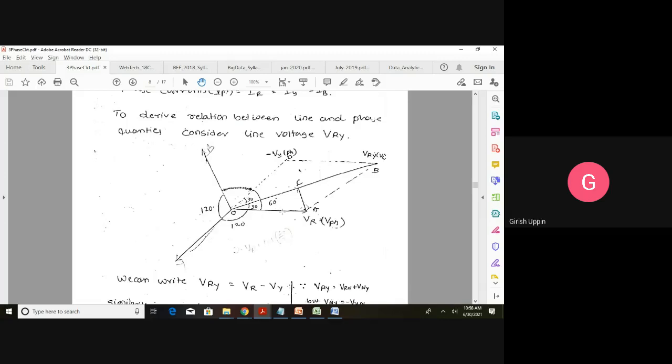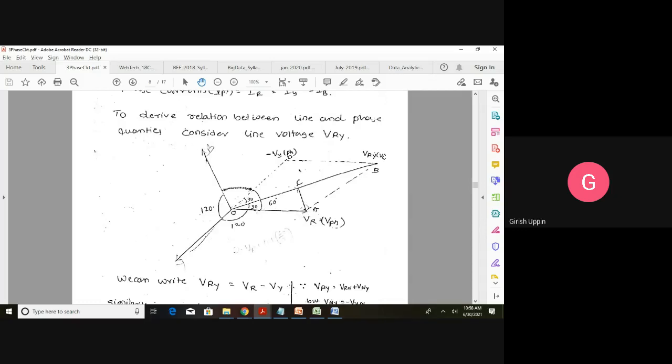First, you draw the VR. This is the phase voltage, right? First, we are going to draw the phase voltage, because the equations I just told you are the instantaneous equations for the phase voltages. That is, this is VR. This goes on the x-axis because VR is equal to Vm sin omega t. So it is the reference.